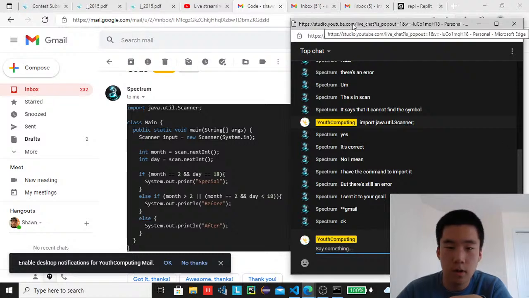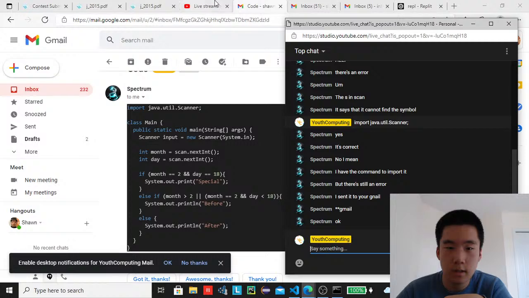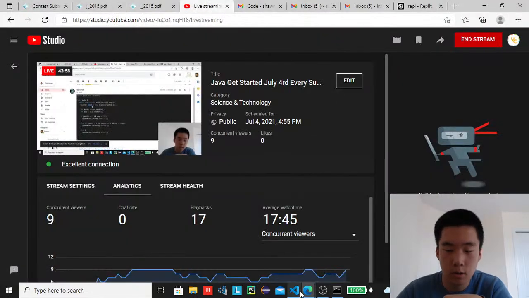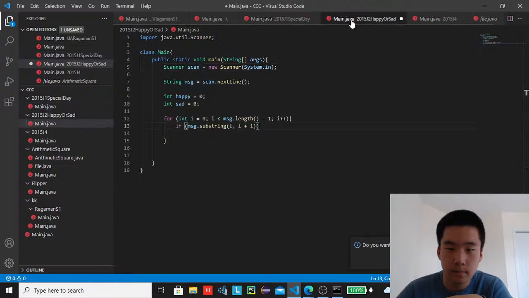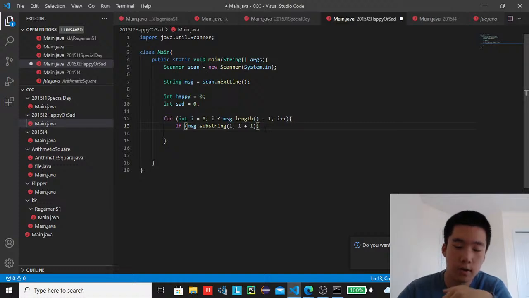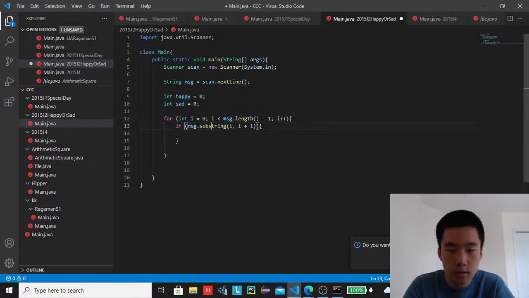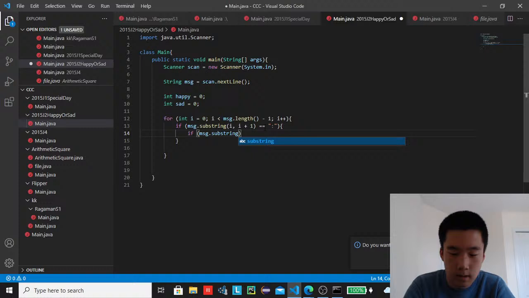Okay, alright, so I'll move on. And so, if anyone has finished J2, let me know, but if not, I'm going to start working on it. Happy or sad. Alright, so first thing we want to do is search in the code for the colon. So we're going to say that if the substring is equal to this, then we're going to say that if message.substring I plus 1,